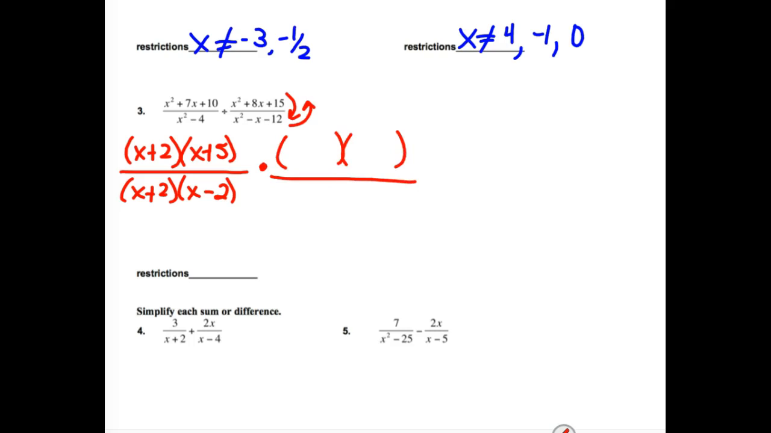X squared minus x minus 12. Good. X plus 3, x minus 4. Okay. Denominator now is an x squared plus 8x plus 15. Factors into,